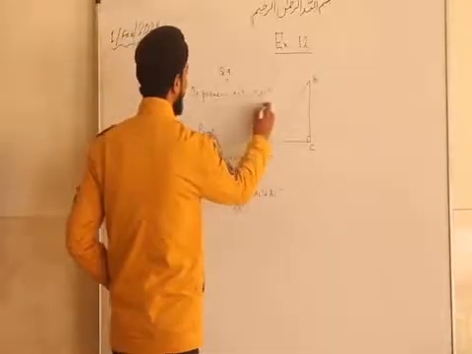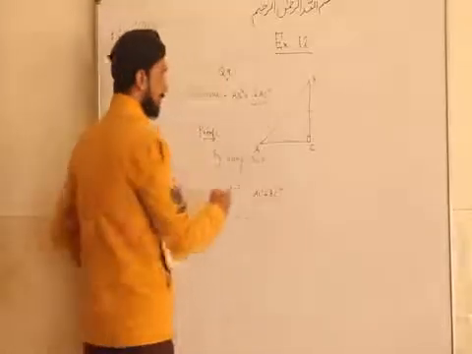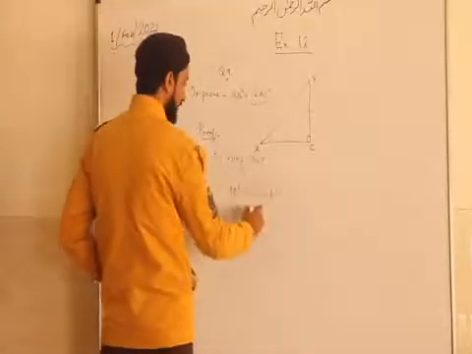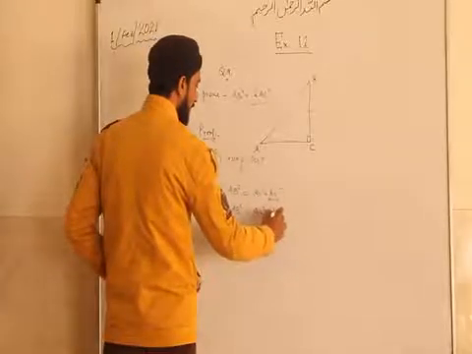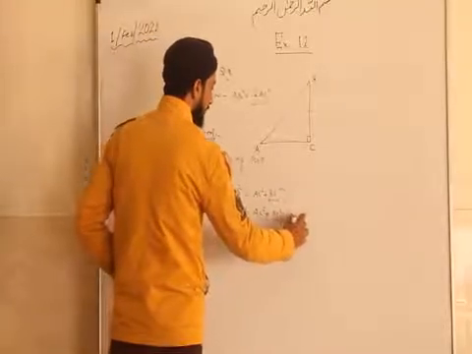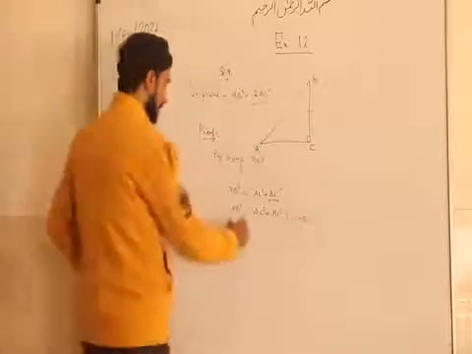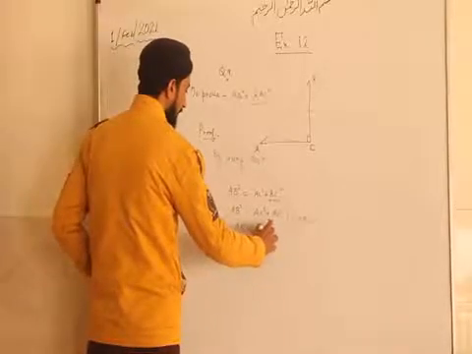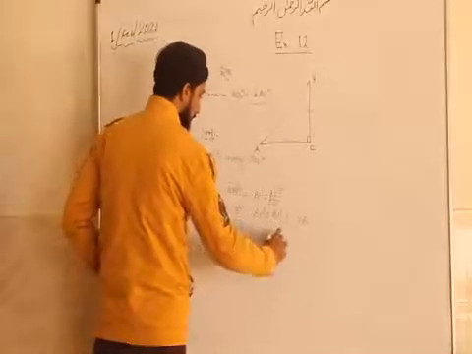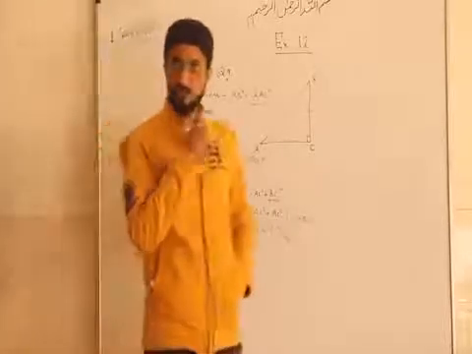We have to prove this, and it is an isosceles triangle, so this side equals this side. So in place of BC, we can write AC as well. AC square plus, in place of this, we can write AC square, since BC is equal to AC, because it's an isosceles triangle. So AB square is equal to 2 times AC square. So this is the final answer. These are simple proofs.